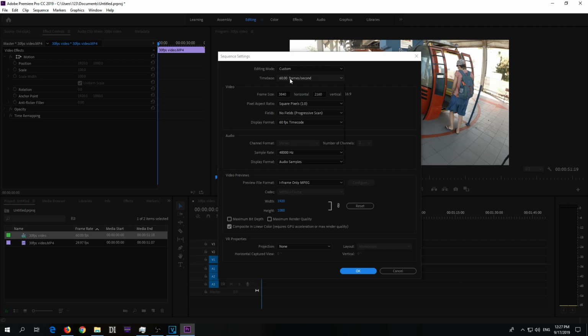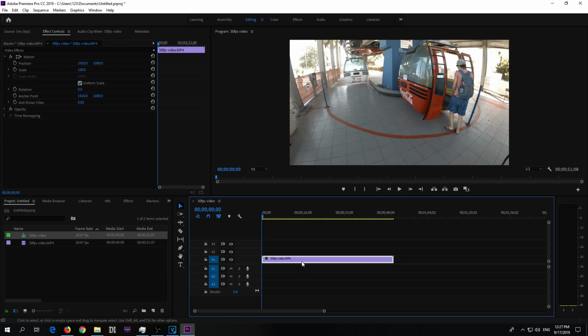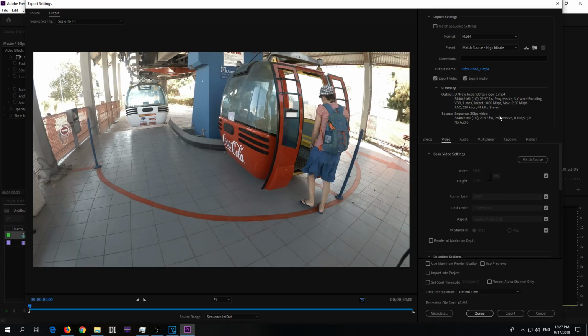Okay, now you can do these modifications not from the program itself. Sequence settings, let's set it back to 29 as it was, and time interpolation, frame sampling. Okay, you can modify the video and get 60 frames per second video just by Ctrl M for exporting, just by making those changes here. So it's H.264 the codec here on the video tab. From here you can modify it also 60. Don't check it back because it will put it back to the original settings. So modify it from here, leave it there,